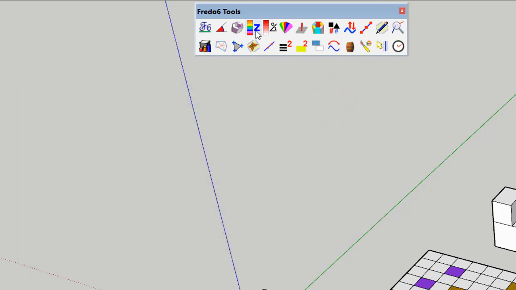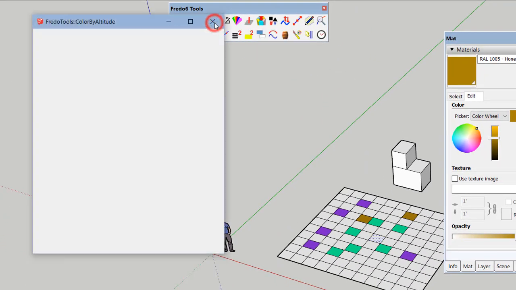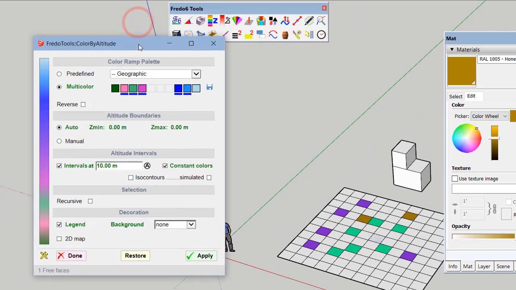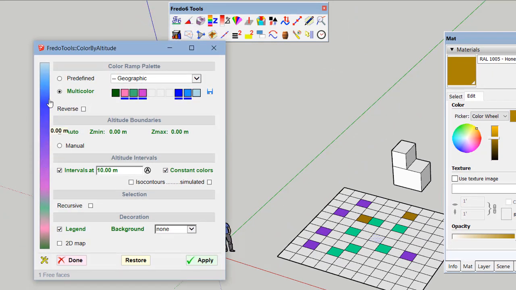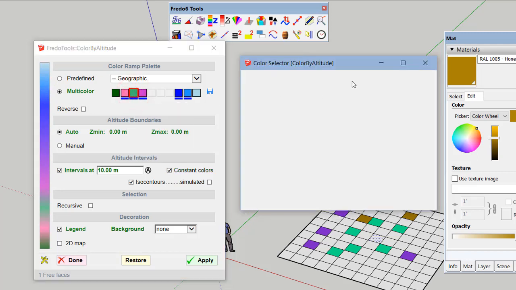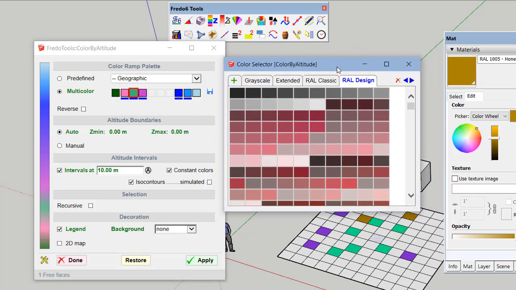So for example, I will publish a plugin called Color by Altitude, which, as its name indicates, can put colors on a terrain. The color ramp used by it can be configured with colors, and when you choose a color, you see the same color selector appearing.